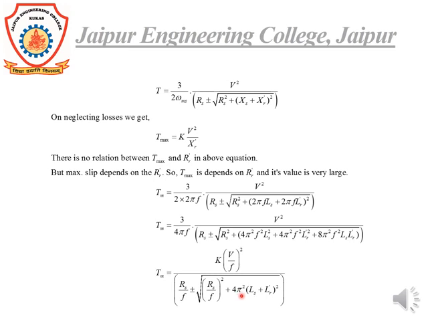and taken 4 pi square common, okay. Now again I have taken the frequency common from this equation, so f square from this term, and here we don't have the frequency, so f square came into the denominator, and here we also don't have the frequency, so f is again in the denominator, and in the numerator we will get k into V by f whole square, okay. This is the maximum torque equation when we consider the rotor referred to the secondary stator side, okay.